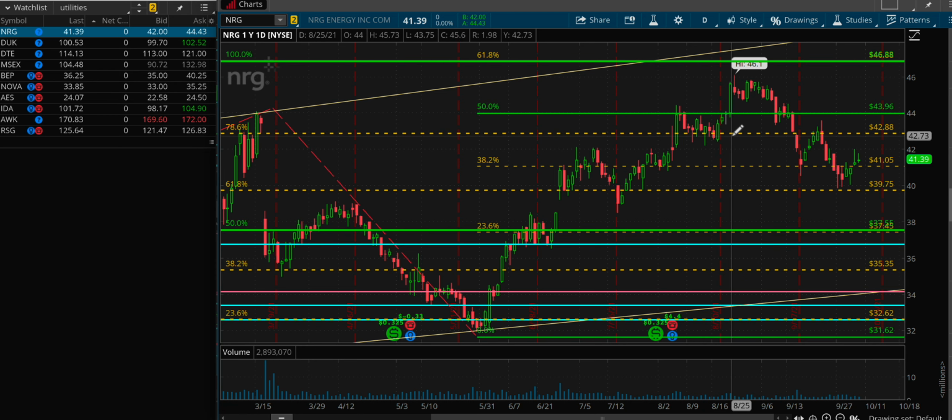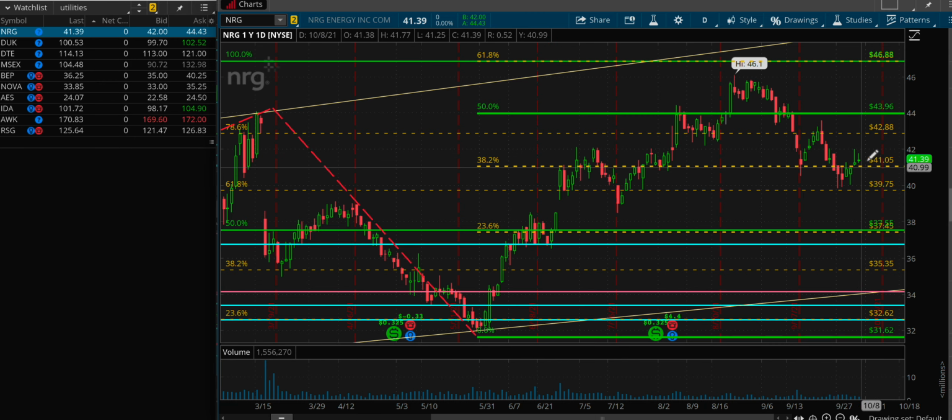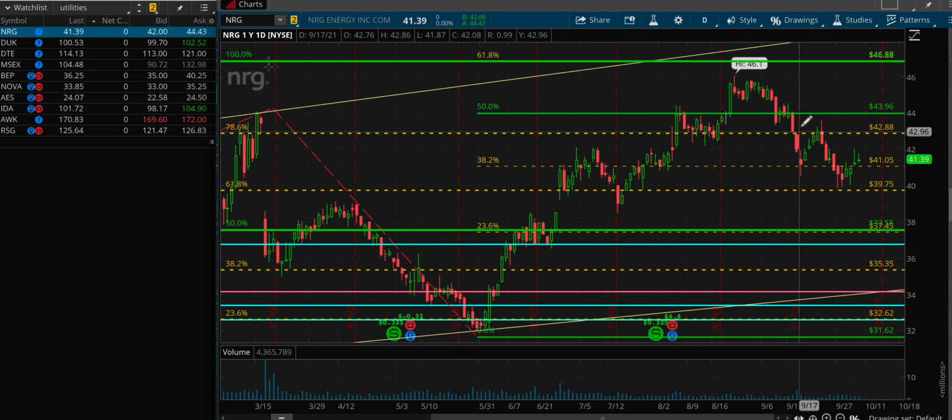it's not perfect by no means, but we're kind of playing the long term and the short term, if you can see it. We're kind of stopping at both of the numbers, finding support and resistance at it. As you see right here, we found some support, and then where we are right now, we're right here. If we can slowly but surely find the support right here, because at this point we are making